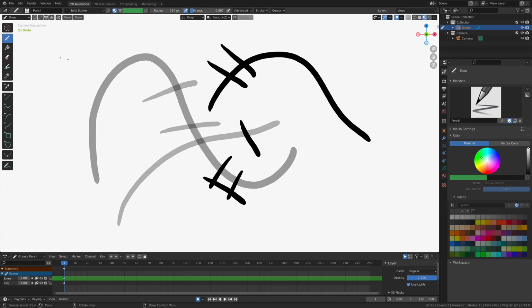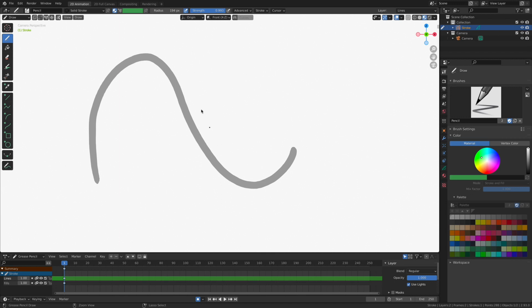Same goes the other direction. If we put it really small, now it's just a faint value. And some folks really love being able to block out their drawings with these faint little lines, and then go back in later and darken them up, which is pretty cool. So there are some options in there, which is pretty neat. I'm going to hit undo real fast, Command Z on my keyboard, or Control Z if you're using a PC.